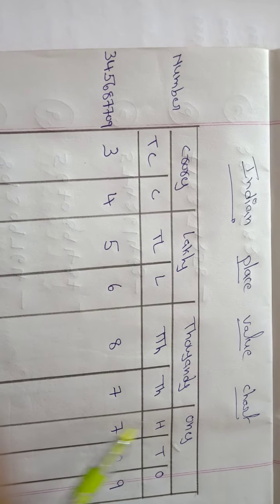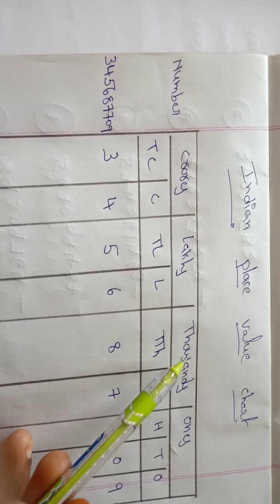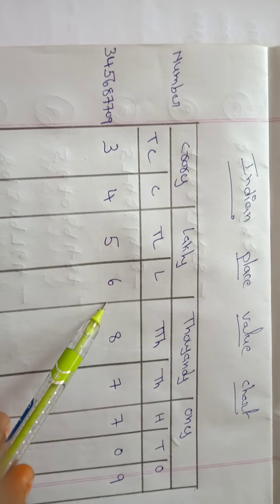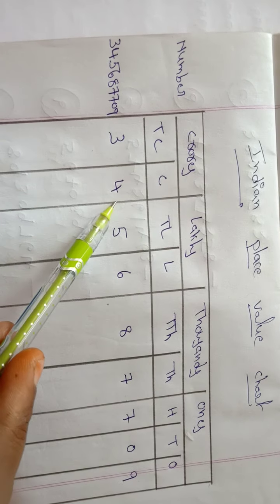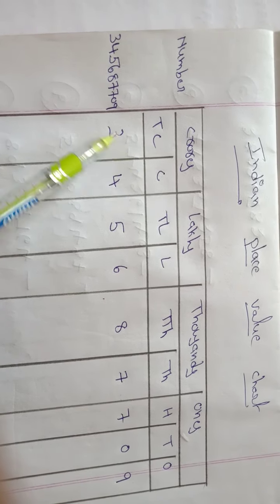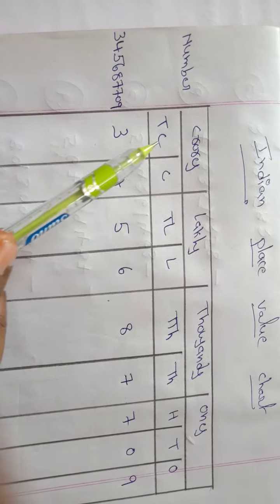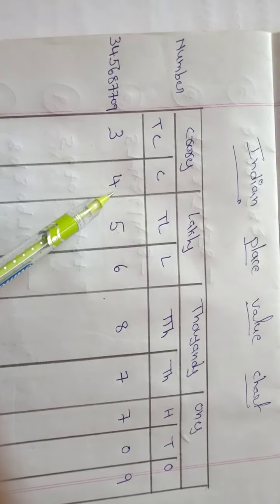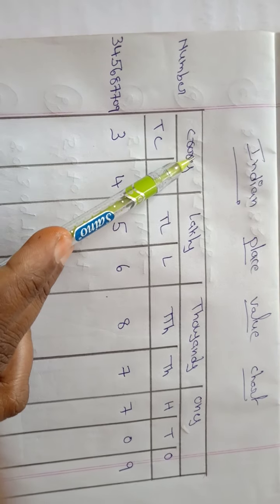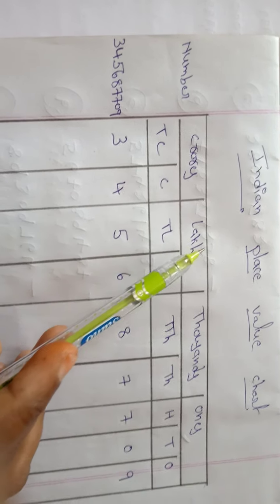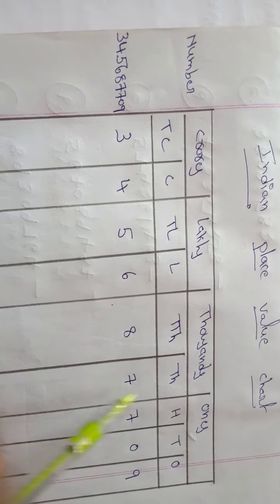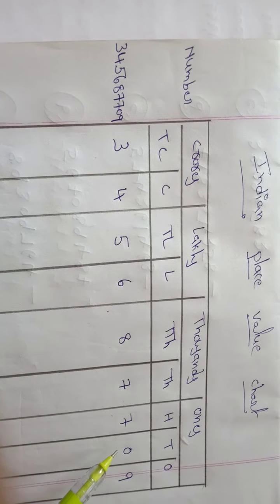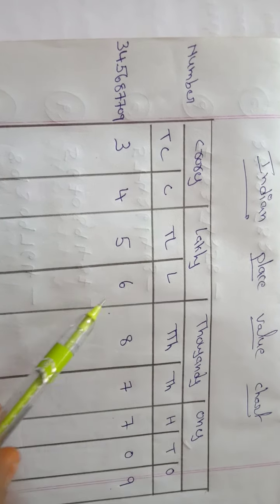Now we can read this as a number name. Ones are divided into 3 sub columns, thousands into 2 sub columns, lakhs into 2 sub columns, and then crores and 10 crores. These two digits, 3 and 4, we read together as the crores period. So 34 crores, 56 lakhs, 87,709. Like that we can keep the commas.